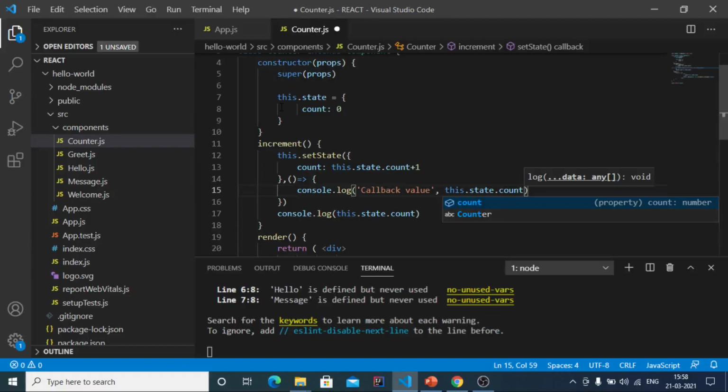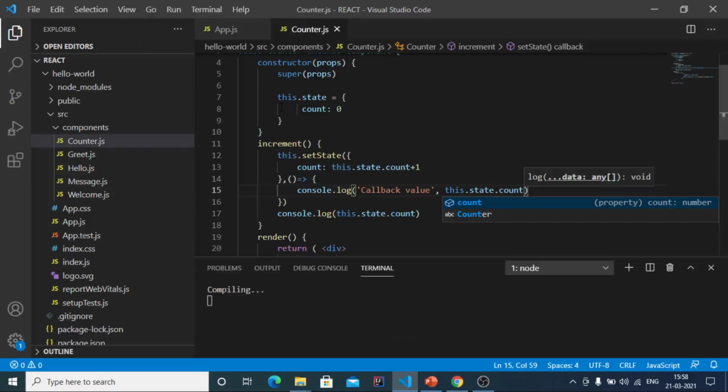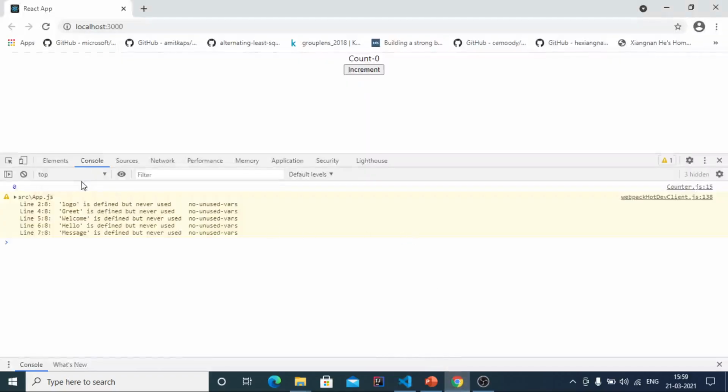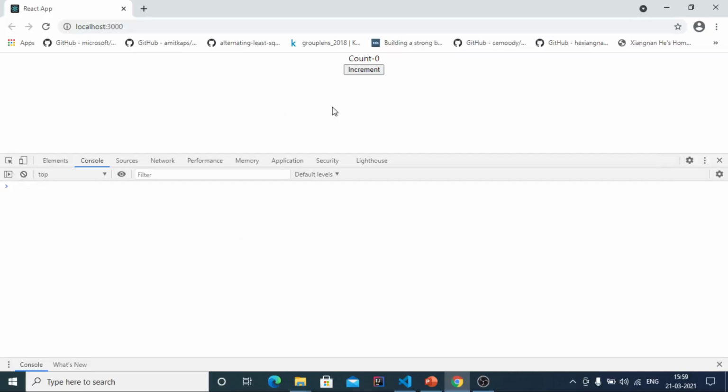Clear? Now if you save this file and take a look at the browser, when I click on the button increment, the value of count has been incremented by 1, but here the callback value 1 is being displayed.